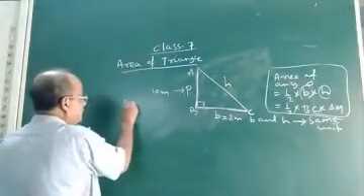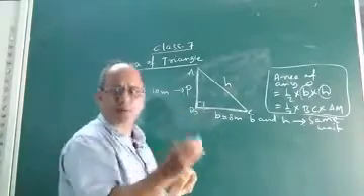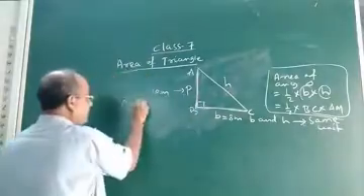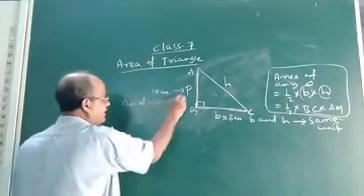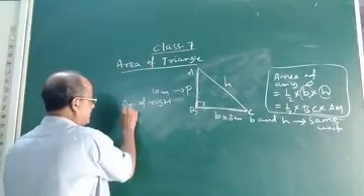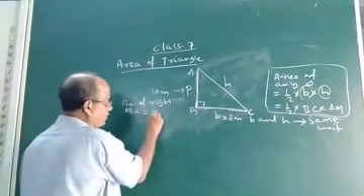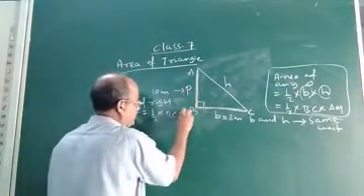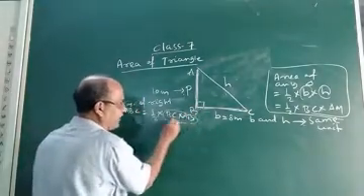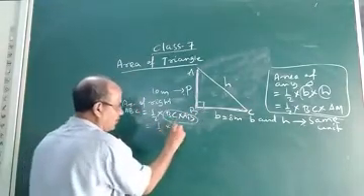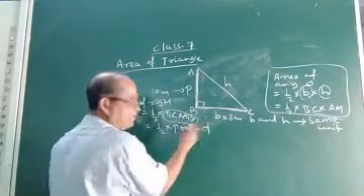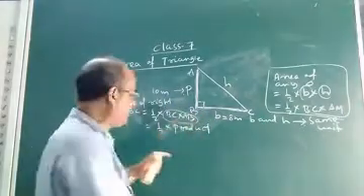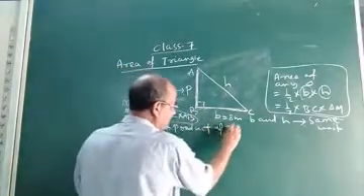So what will be the formula to find the area of a right angle triangle, which is a specific type of triangle? See, area of right triangle, suppose right triangle ABC, can be found out by the formula half into base. Here BC is the base and this is the height or altitude. And this BC into AB, what else can we write in place of BC into AB?